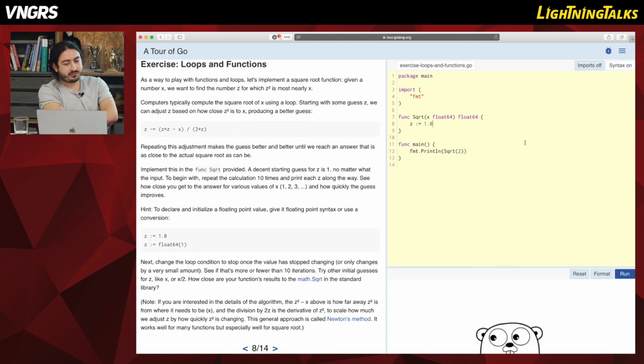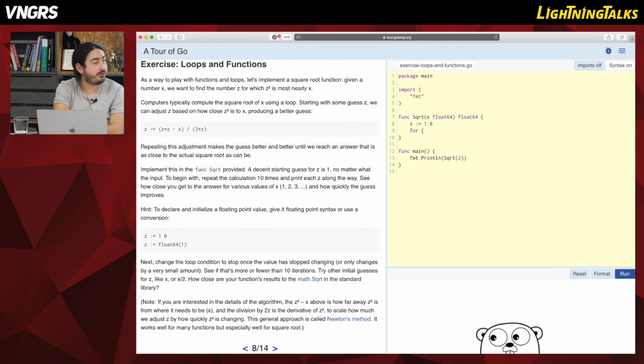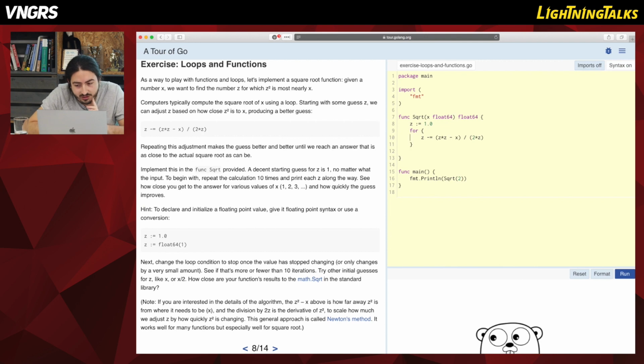So this is the first exercise. Maybe you know the Newton method to calculate square root. It asks us to implement one. So any idea how we can do it? Well, actually, all the code parts are here, so I just copy pasted. So you start with an initial value, which is usually 1, and then you